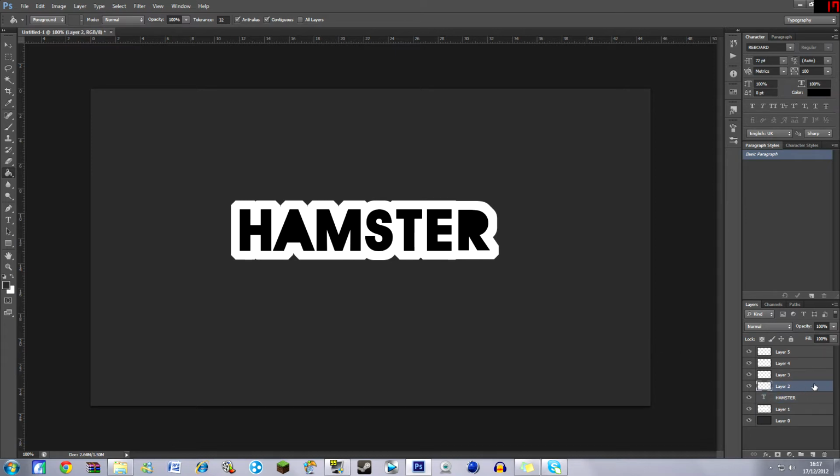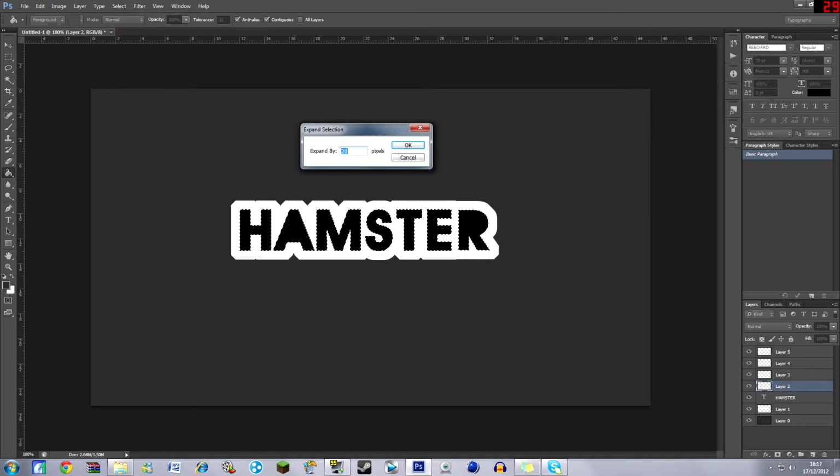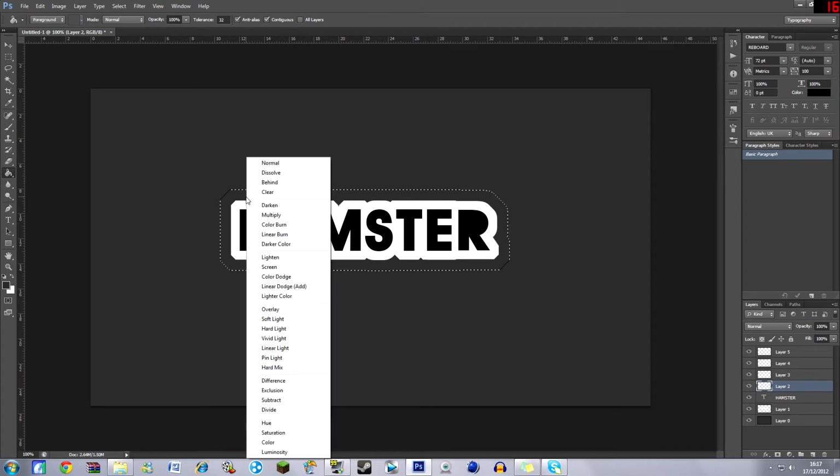So this time layer 2, hold Control, click the T. It's going to highlight that text again. Select, Modify, Expand. This time I'm going to expand it by 45. And there we go, that's expanded that nicely out there. Same thing again,